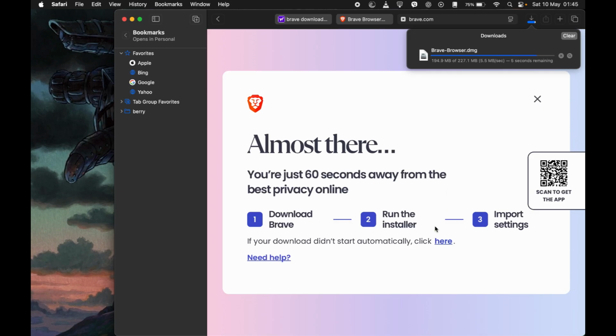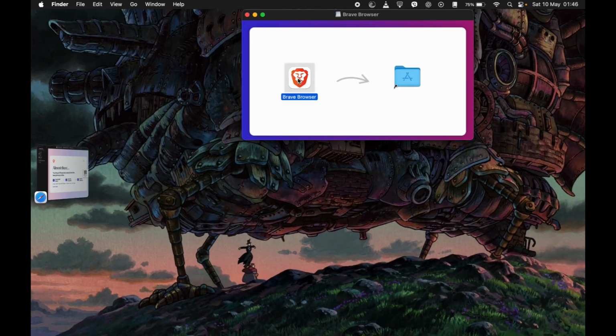If you're having a problem downloading it, then you may need to click it here again and it'll try to re-download it. So after it gets downloaded, as you can see, it has been downloaded. Just go ahead and press here. Now all you need to do is hold this, press this and hold this, and now drag it here, and